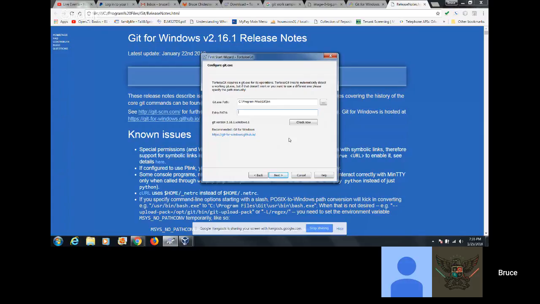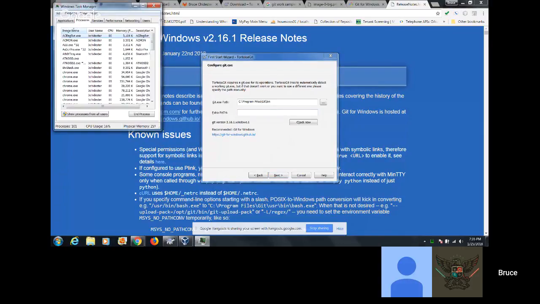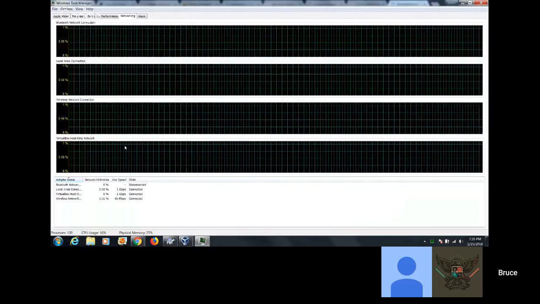My computer was getting to the point where the response in my Windows was getting really bad, including my web browsing. I think my browser was mostly getting hijacked by Trojans and viruses or forced advertisement stuff, just garbage. So I decided to look at the network traffic. I'm going to open Task Manager. Can you guys see the Task Manager, the network thing? Yeah, we can.